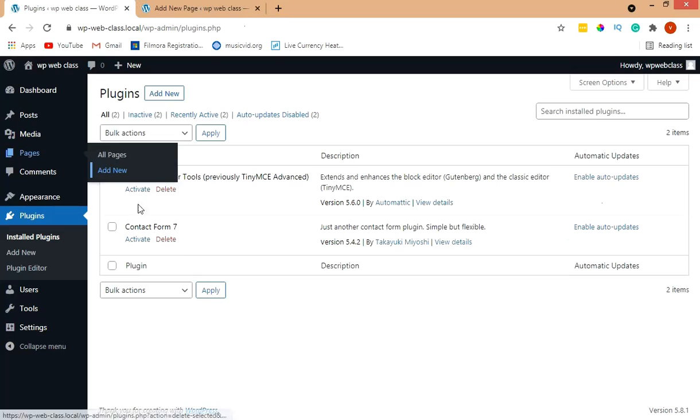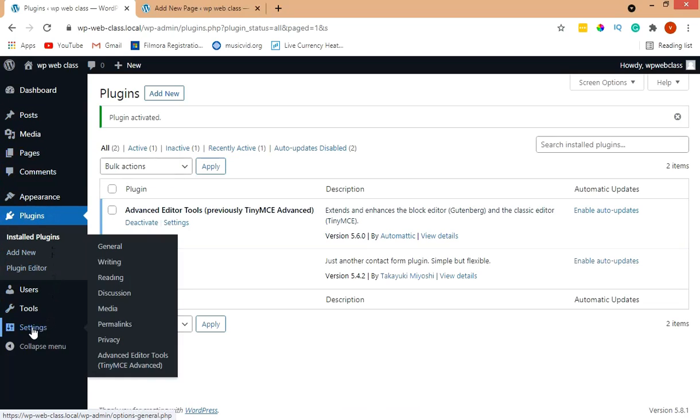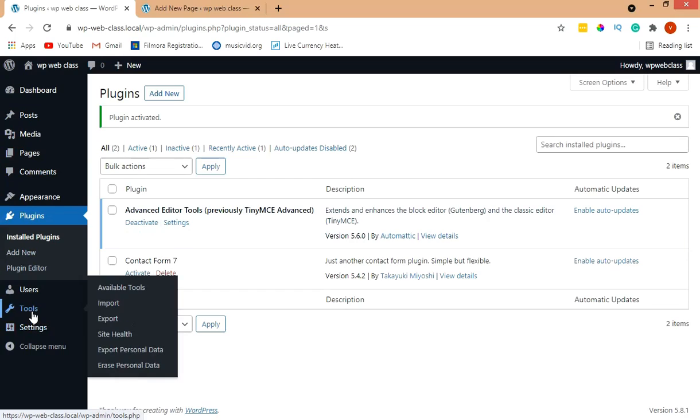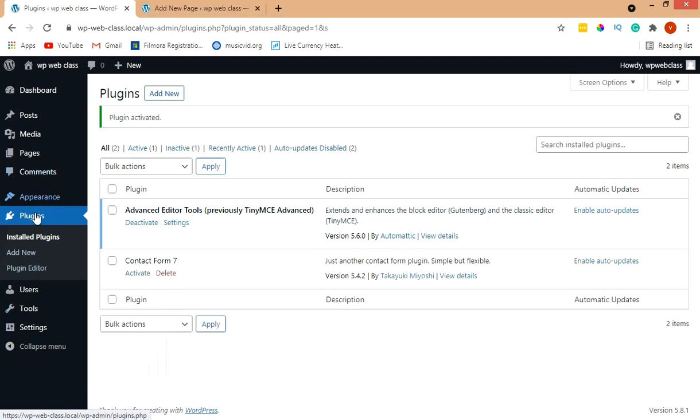Okay, let's come back here, click on activate. Okay, if you come here, you see these settings. I would want you to know that while some plugins will have their own menu item at the left panel, some have their settings hidden under the settings tab or under the tools tab. So you can either access it through these settings, tools, or if they have their own item by the menu bar. Okay, for me, let me quickly come to these settings,